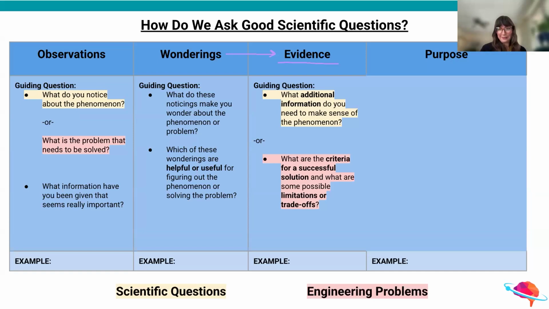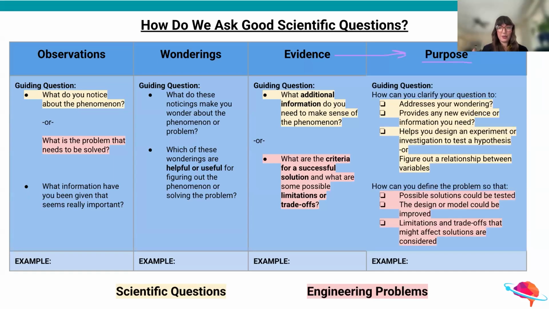If we are asking a question or proposing a solution to an engineering problem, but we already know that there's a huge blocker in the way, that is something to be considered and something we want students to be thinking about. And lastly, getting to our purpose of making sense of a phenomena or defining an engineering problem. Again, remember, we're not answering the question yet. We're not solving the problem yet. But it is really important for students to start honing those wonderings into effective, relevant scientific questions.